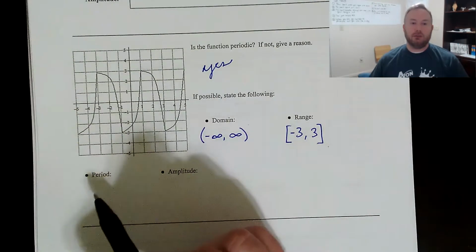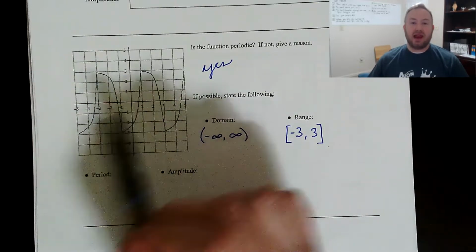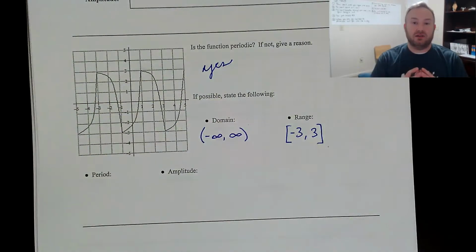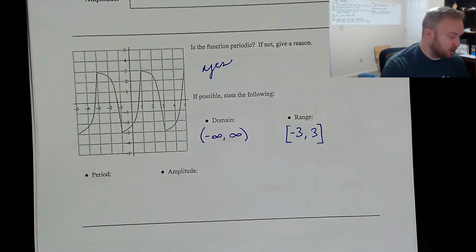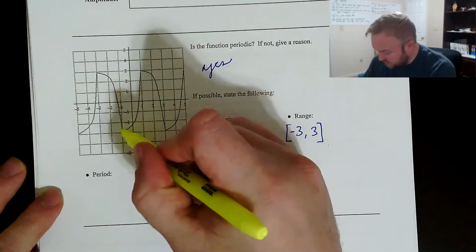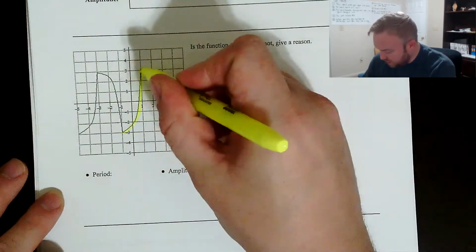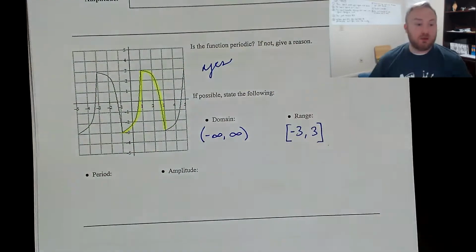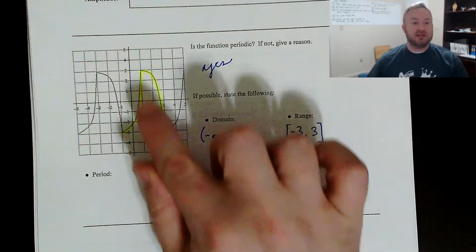So when we talk about period, I'm asking you for an interval of x values that shows you how long it takes for that graph to repeat itself. So let me kind of highlight one period of this graph. So I could start at this point and go all the way up here and back down. And that would be one cycle of the graph. Now, honestly, there's multiple ways that you could highlight one cycle. I'll show you that in a minute. I'm just going to stick with this for now. So that's one cycle of the graph.